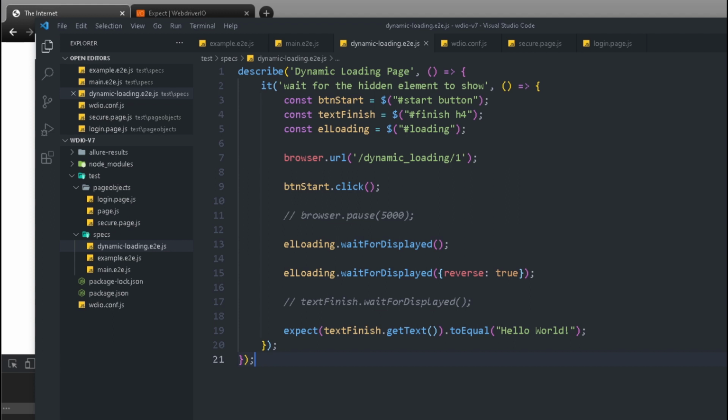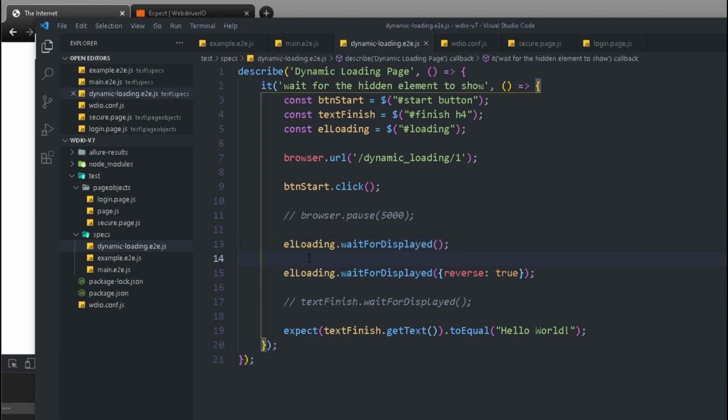Because when you use hard-coded sleep, it might work at that point, but eventually you might run into a scenario where your test will actually fail. And you would not know why exactly this is failing because you added some random sleep somewhere in your code. So always make sure you're using this wait for displayed command or some kind of wait for command in your actual code. Now, if you're wondering how long is this thing actually waiting for, right?